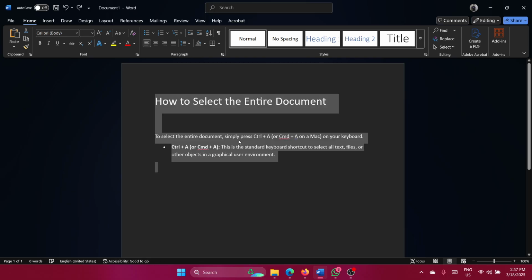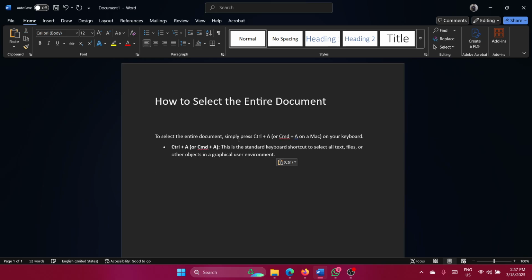You can delete it, you can revive it, you can copy it, you can cut it, you can paste it, you can do whatever you want to. But to select that document specifically, you can press Ctrl plus A to select the entire document. Interestingly, on Mac you can use Command plus A, which is a little different, but this is the only way,